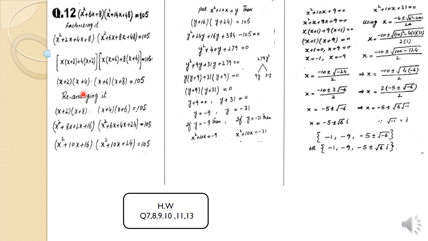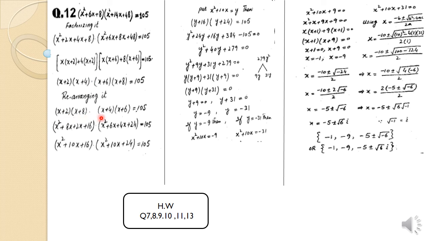Now students, you can apply the same procedure: a + c equals b + d, or a + d equals b + c. Here we have the terms 2, 4, 6, 8. So we arrange these terms. 2 + 4 equals 6 and 6 + 8 is 14, so these are not equal. But 2 into 8 is 16 and 6 into 4 is 24. Let me check the products: these terms are the same.